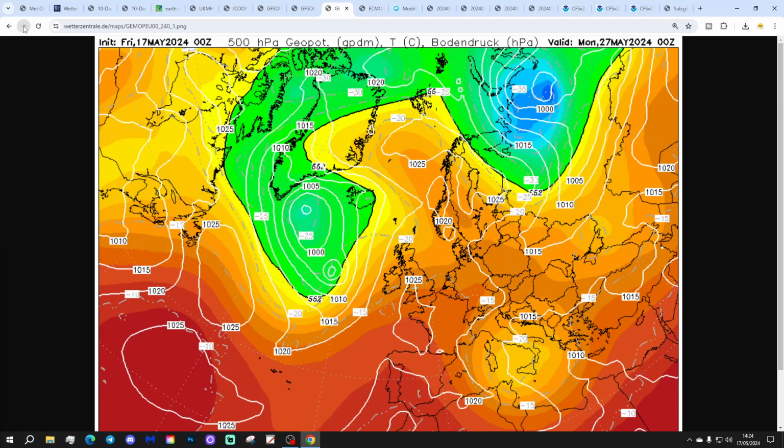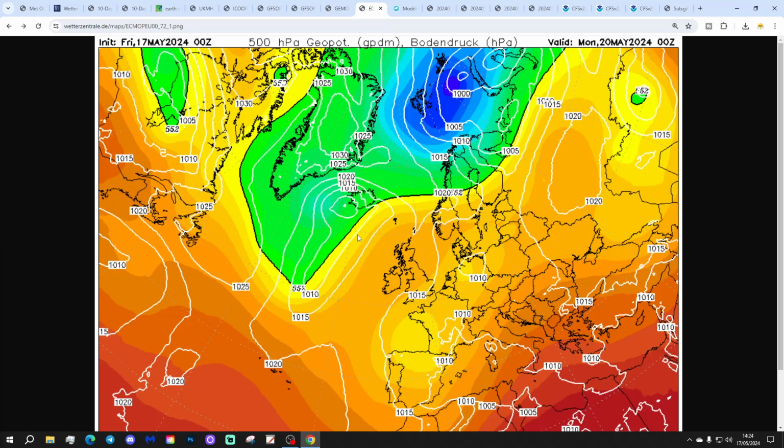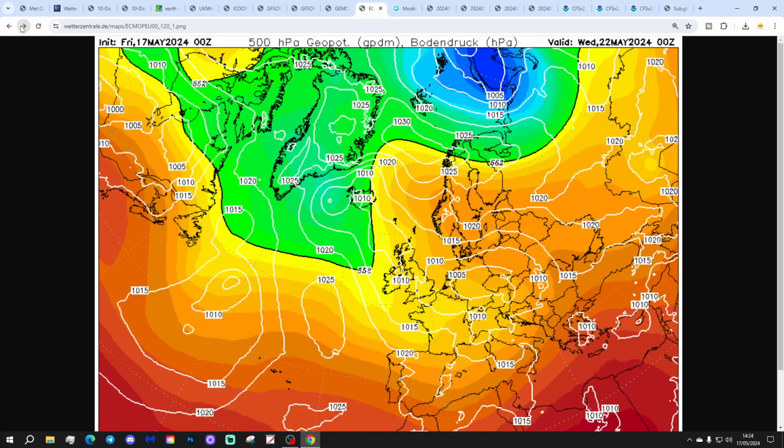Into a bank holiday weekend and up to day 10, signs of a ridge begin to build up from the southwest. So sometime around the bank holiday weekend, there are a few hints here that we might start to build up quite a nice ridge from the Azores high. If we do that, we'll set up a much warmer and drier pattern. And then the ECM looks like that, with a ridge to the north and west. Low pressure is to our south and east.